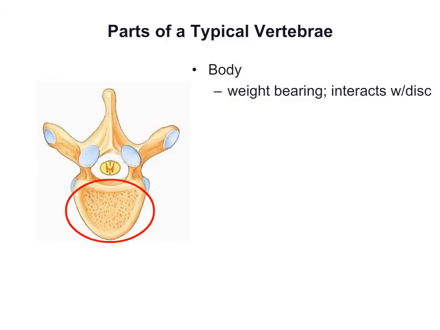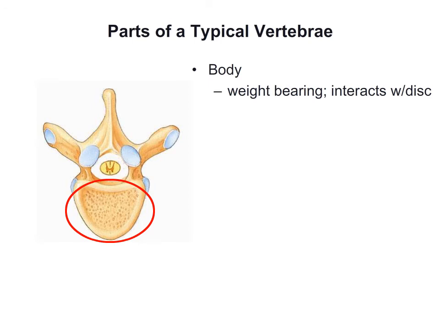Now that we've had an overview of the vertebral column, we're going to specifically take a look at vertebrae in general and learn about the different parts and processes. The most important part of a vertebra is called the body. The body is the central weight-bearing portion of the vertebra. That is, one vertebral body lies on another vertebral body, and these two bodies are separated by intervertebral discs. And as we'll talk about in a minute, these discs help to cushion and absorb a little bit of the